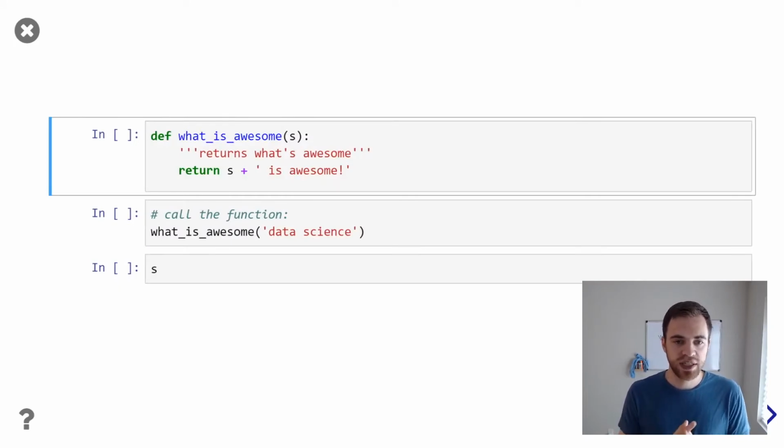Okay, so let's try some of these things out. So here's a function that I'm calling what_is_awesome. It takes in something, s, and it returns s plus a string, " is awesome". Okay, this thing here, these triple quotes, "returns what is awesome",